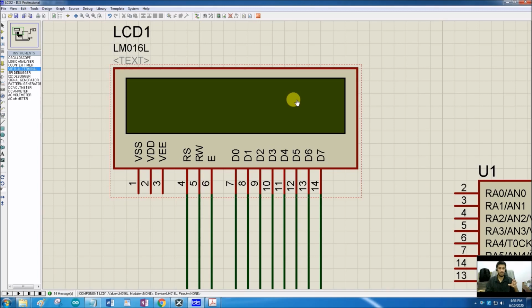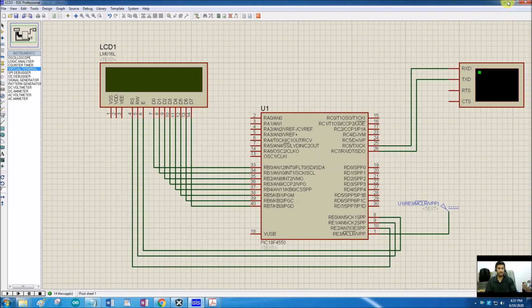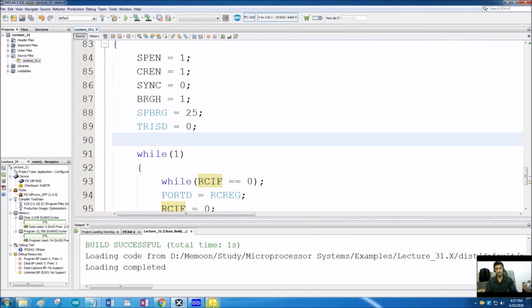We first have to configure this LCD, because this LCD itself has some kind of mini microcontroller inside it, and it has to be configured in a certain mode to display any data that is received afterwards. So first we are going to configure this LCD, and next we are going to send data to this LCD that will be displayed on it. So let's see how to configure this LCD.